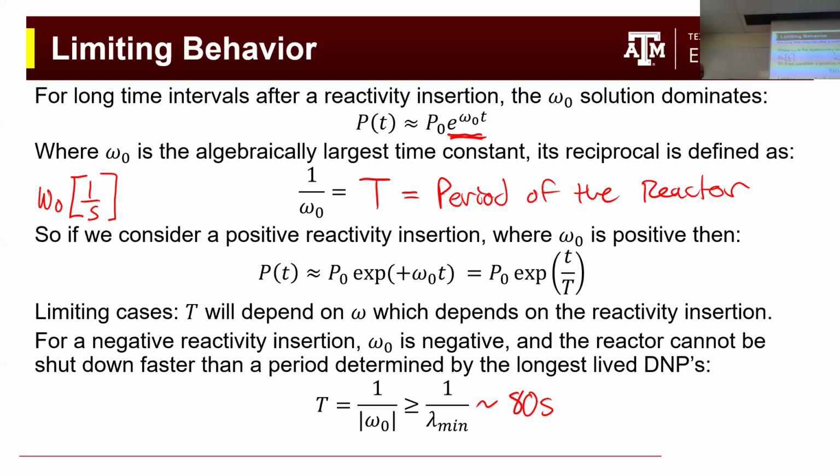Just real quick, what is a prompt jump, physically? How would you describe it? I think of it as a step change in your system. If you have P over P_0 versus T, and I'm starting at